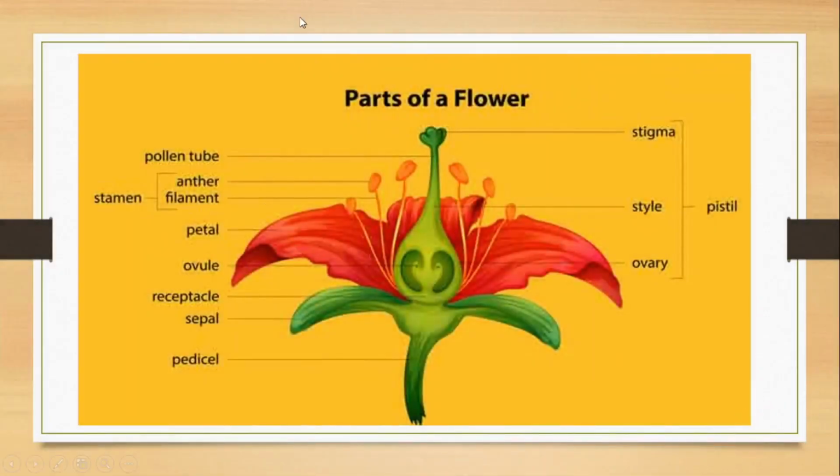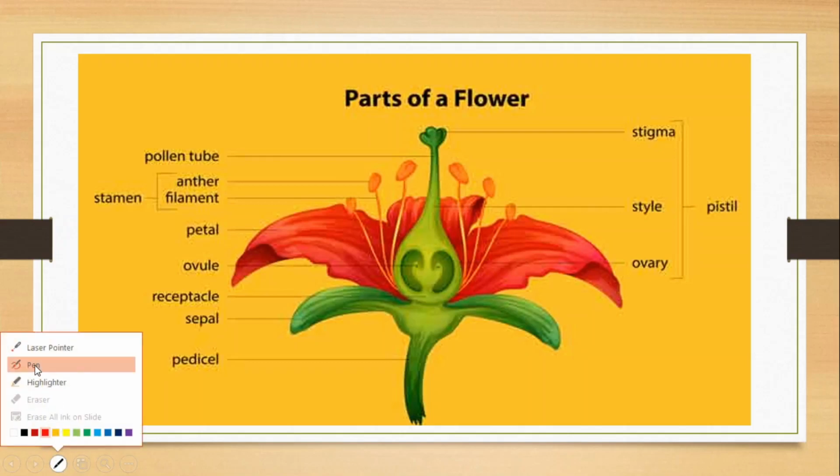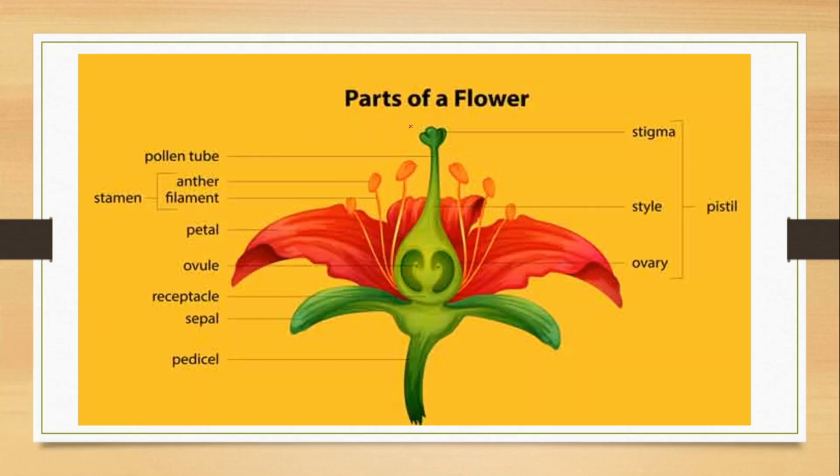This is the flower. You can see here that when the plant enters the reproductive phase after the vegetative phase, flowers appear on the plant. Now this flower has the following parts. This is the pedicel, which is the stalk of the flower. This is present on the thalamus or receptacle of the flower. The flower consists of mainly 4 whorls.